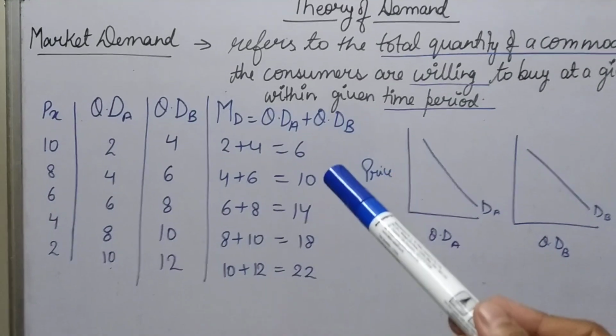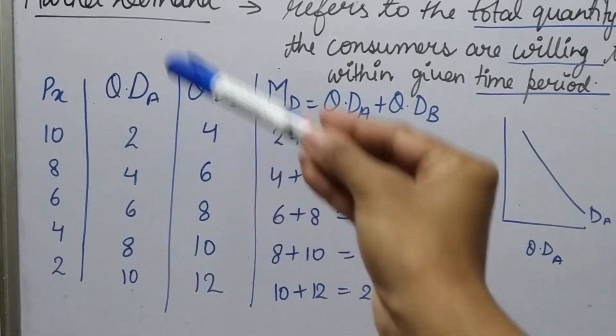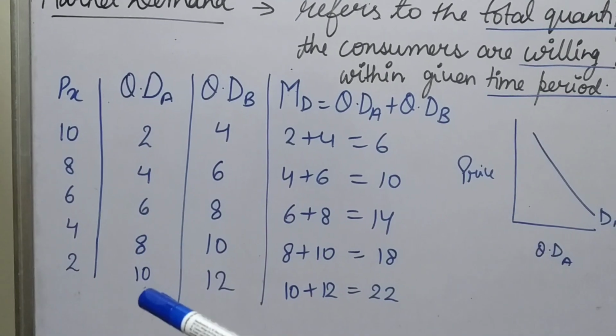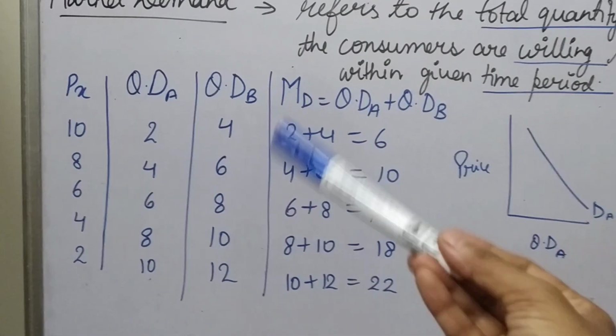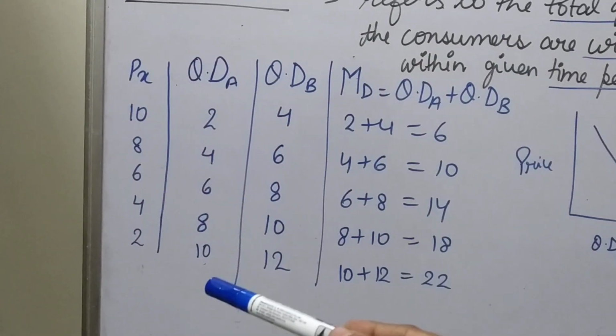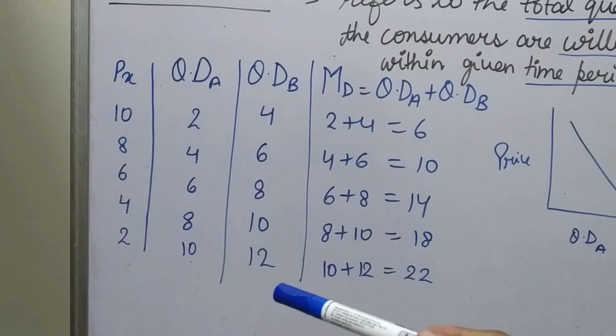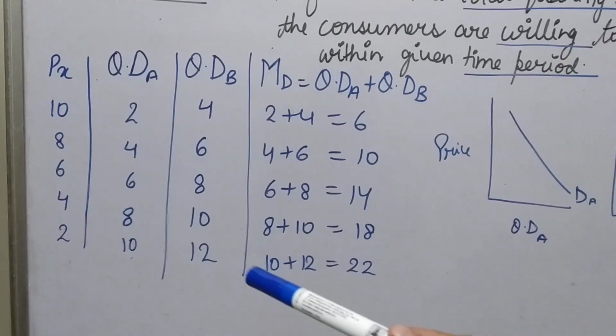So with the schedule also we can explain. Price is given, this is the quantity demanded of a consumer. Maybe A is an individual consumer, B is an individual consumer, and in this way so many consumers are there. So individual demand of a consumer, individual demand of the B consumer, and the individual demand of all the consumers, when we will add